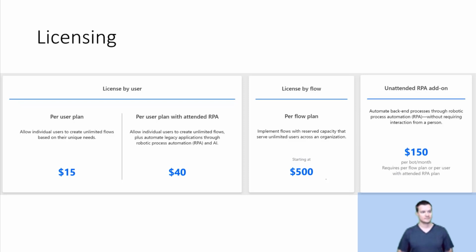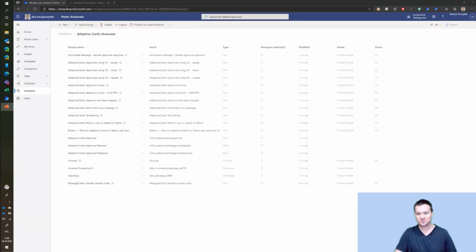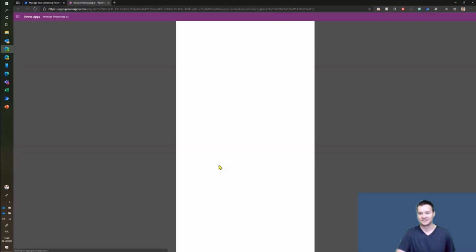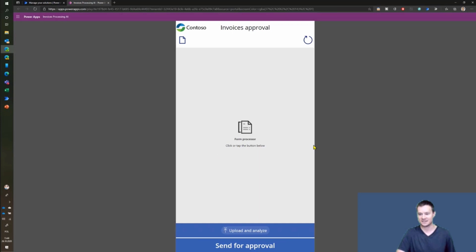Okay. So what I want to show you right now is a demo. If you want to watch it. Yeah, absolutely. Of course. All right. So I'll just close that one. So the demo is actually about invoice processing. Okay, my app has switched off. So anyway, it's a Power App.